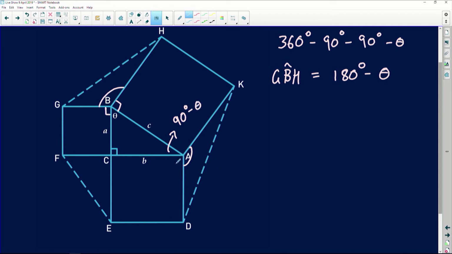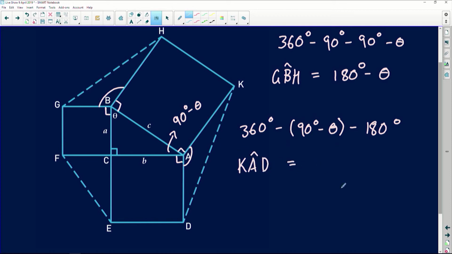So if we do the same thing, angles around a point, we're left with 360 degrees minus 90 degrees minus theta. Keep this in brackets because we're subtracting an angle with a negative in it. We're then going to subtract the other two 90-degree angles, which is going to be 180 degrees. And we're going to be left with angle KAD